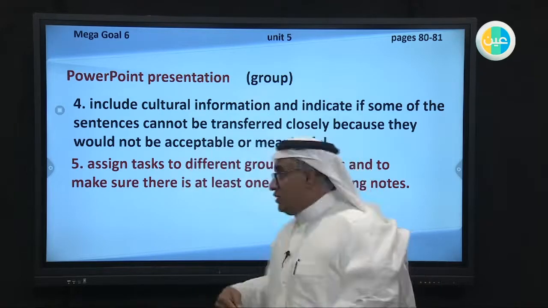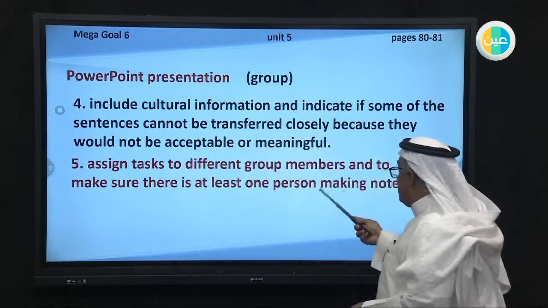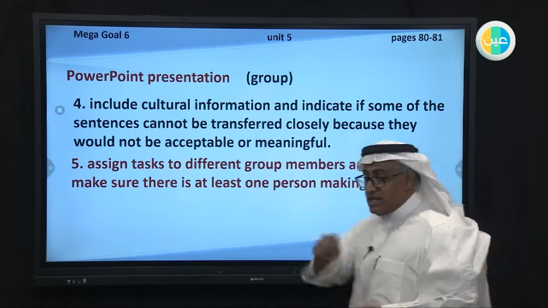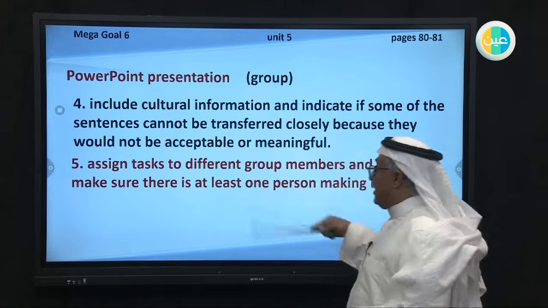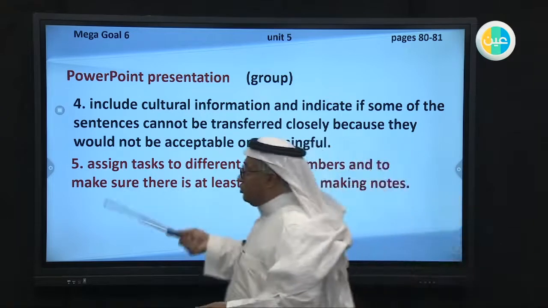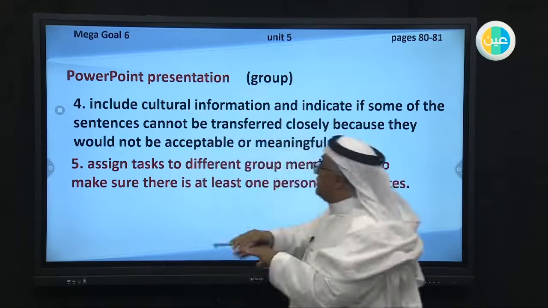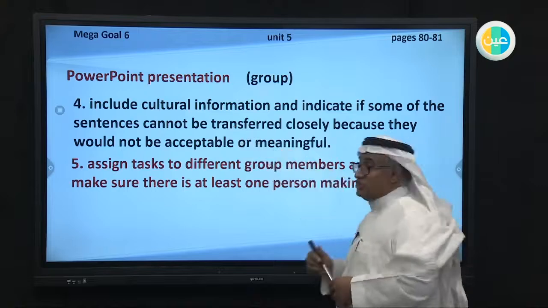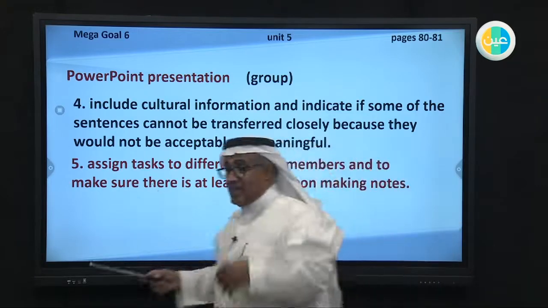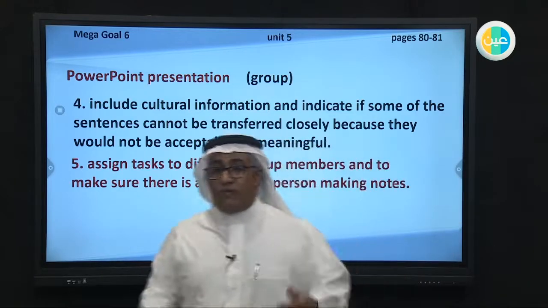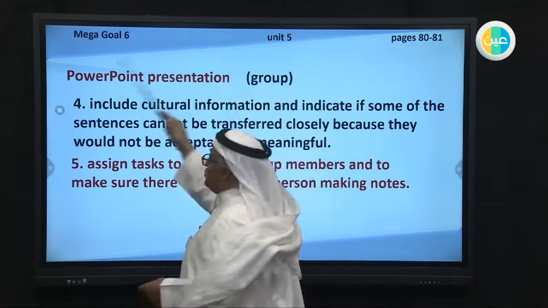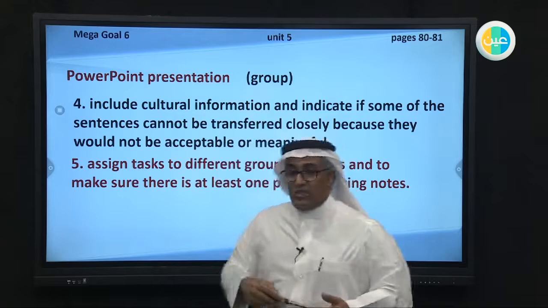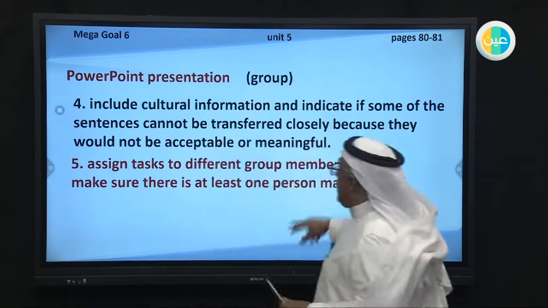And the third one has to write or make notes. وشخص ثالث يكتب الملاحظات. Okay? And student number 4 can print the PowerPoint presentation. And you can ask the last one, student number 5, to conclude or finish the PowerPoint presentation. Okay, guys? Now,